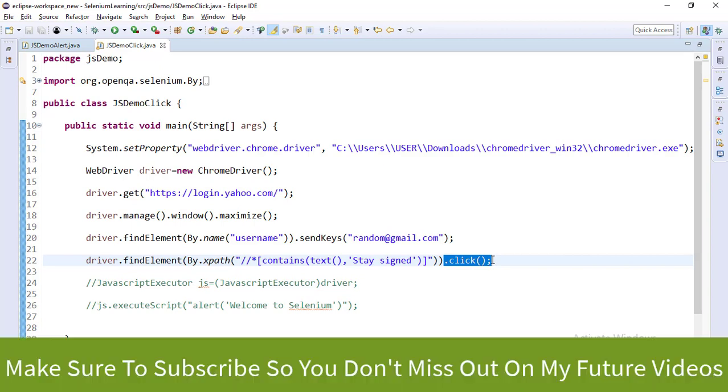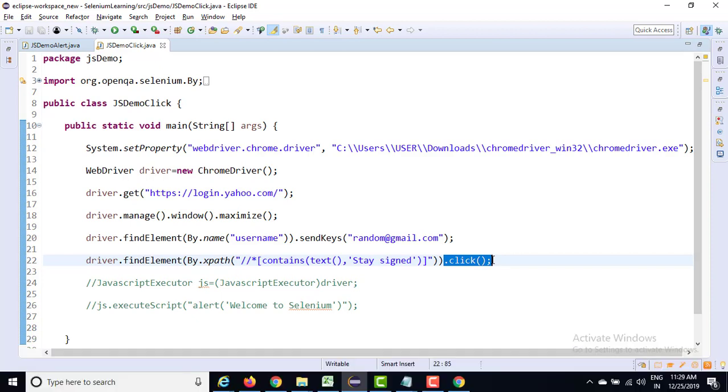Many times this click operation behaves totally strange. Even though we have given a proper XPath, as you have seen, when we give the XPath for the text, it is not showing an exception, but it is not doing anything on the screen. Plus, when we give the XPath of the checkbox, it is throwing an element not interactable exception.